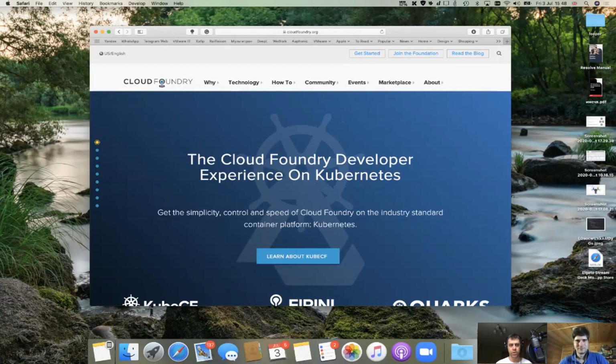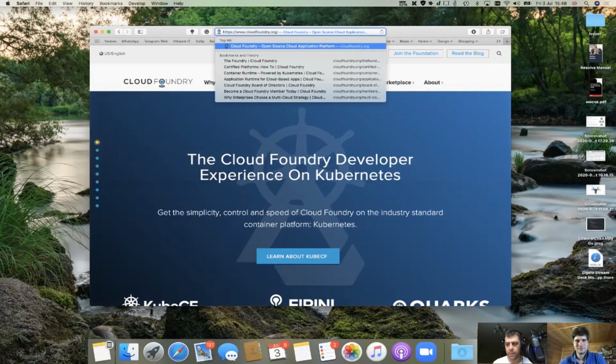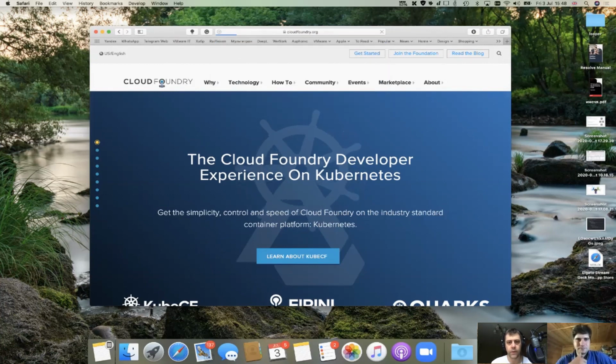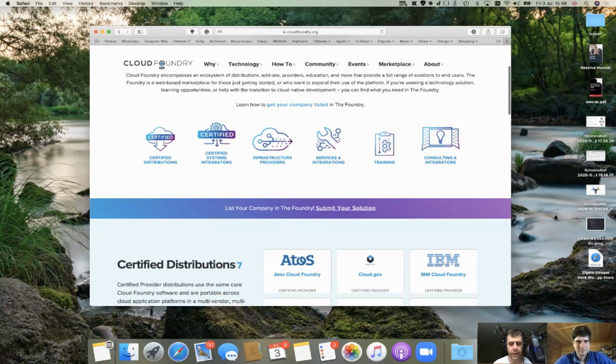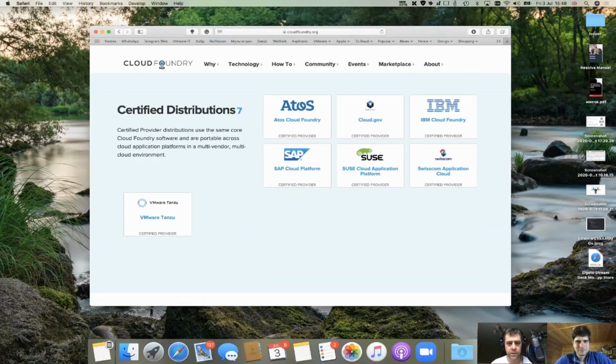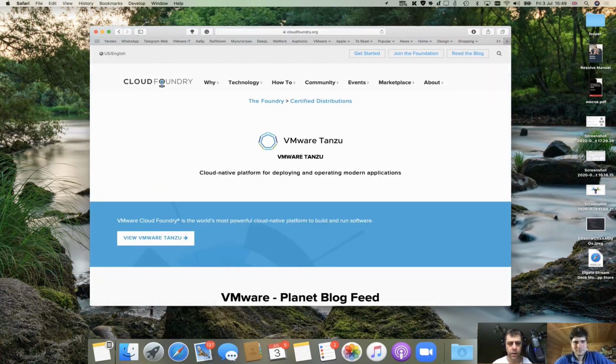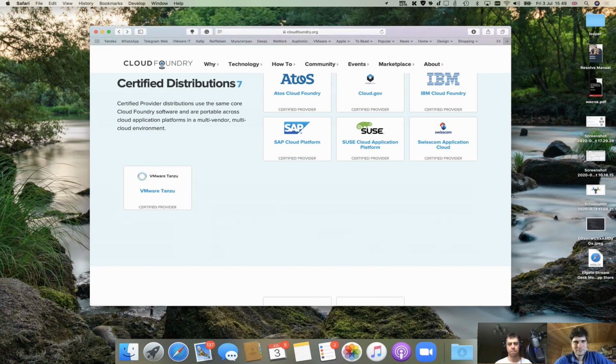And just because we work for VMware, it's our own project, but here we try to implement and install Tanzu Application Services, which is based on Cloud Foundry, to show you how it can work. First of all, I will show you some things. We can go to the Cloud Foundry page and see that Cloud Foundry is the gateway to the Cloud Foundry ecosystem, and there are a lot of certified distributions. There are several companies such as Atos, Cloud.gov, IBM, SAP, SUSE, Swisscom, and of course VMware, who implement Cloud Foundry as their paid solution, because you of course can download